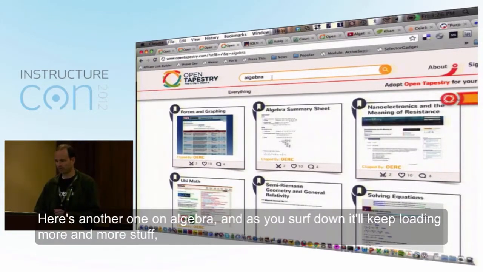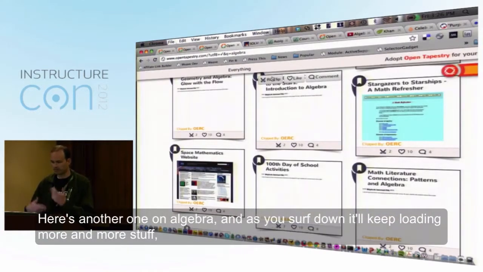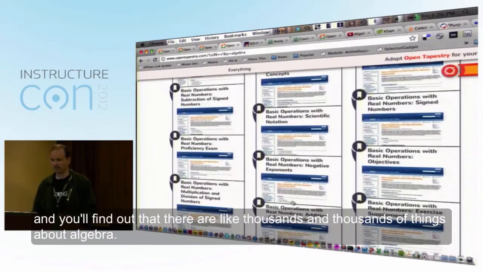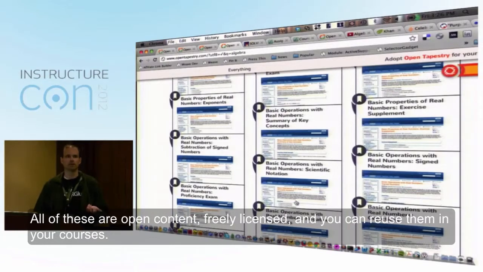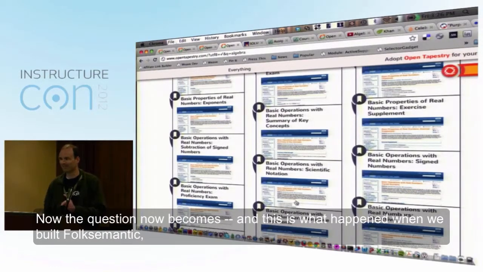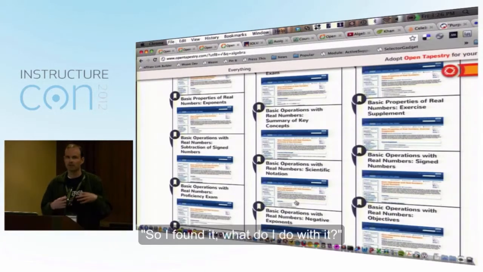Here's another one on algebra, and as you surf down, it'll keep loading more and more stuff, and you'll find out that there are thousands and thousands of things about algebra. All of these are open content, freely licensed, and you can reuse them in your courses. Now the question becomes, and this is what happened when we built Folksomatic, so I found it,